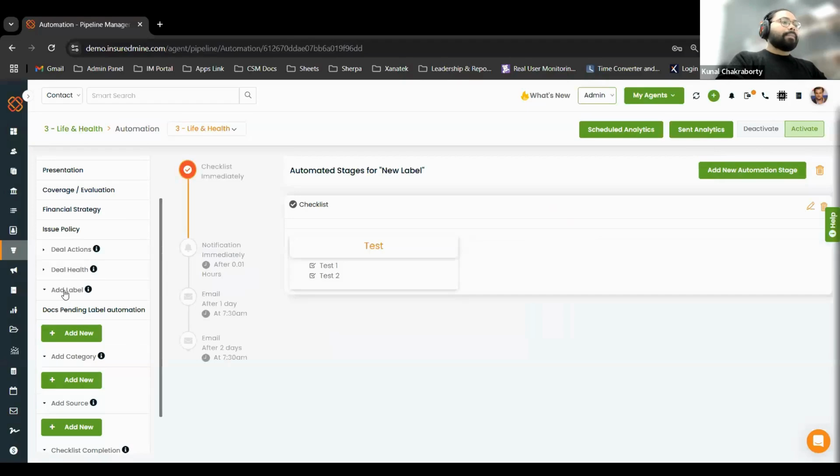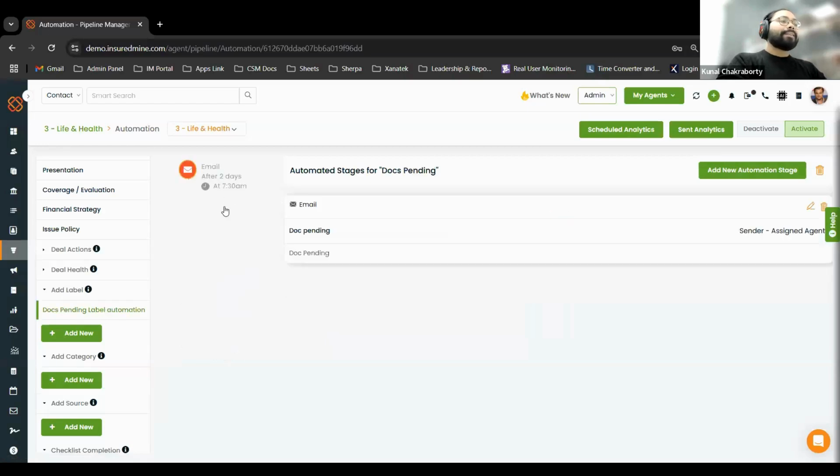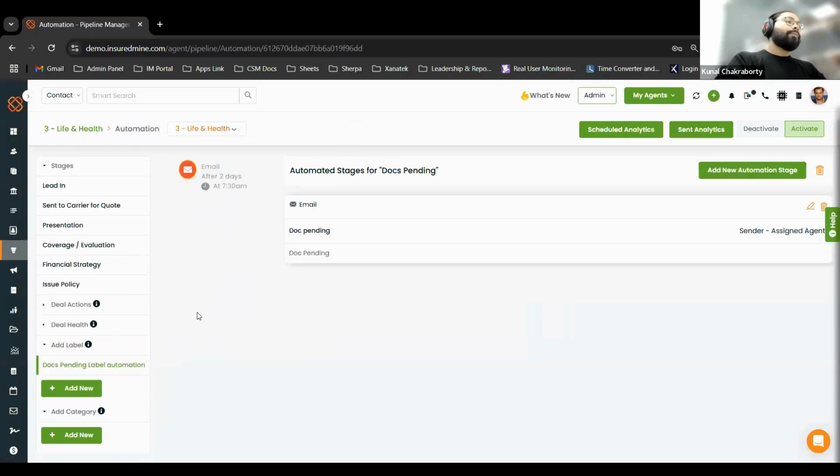So now you can see the label got attached and it also has an automation now. And this is a different set of automation that gets added in terms of label. Now, how would this be helpful for us, and why should we add labels as an identifier and create an automation out of it? The reason being, let's suppose